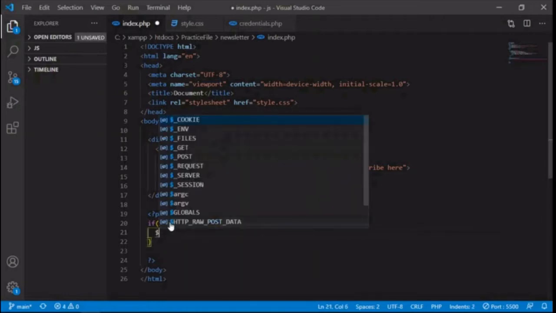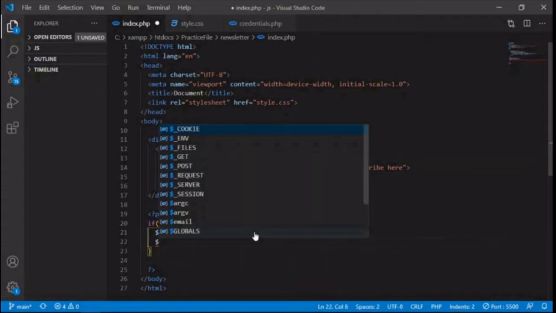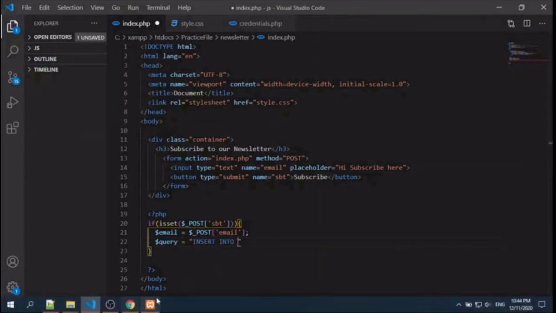After that, grab the email ID using the name attribute of the input field, and write the query. The MySQL insert query. So, insert into table.